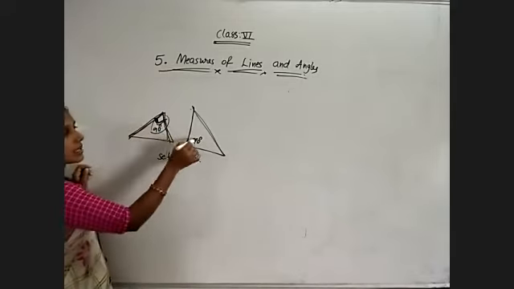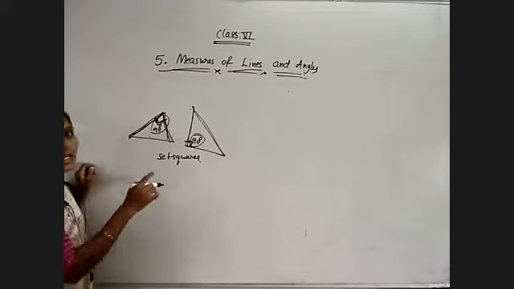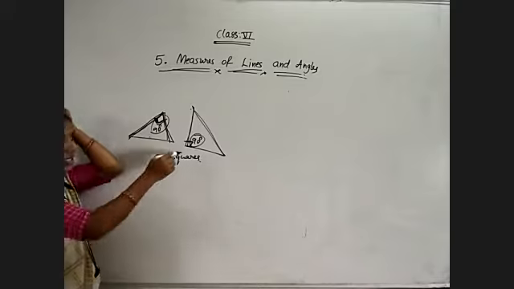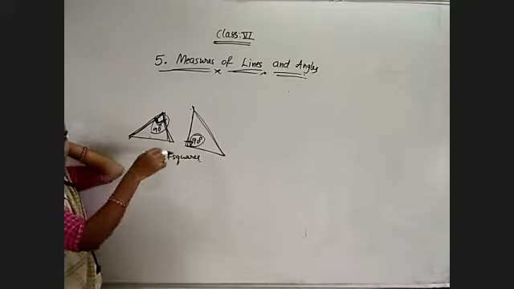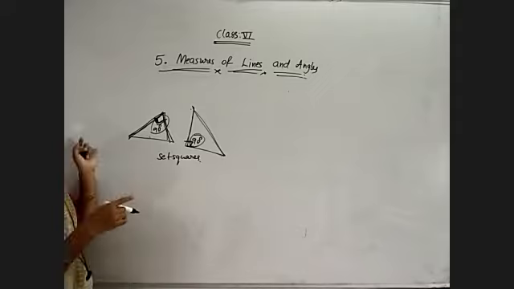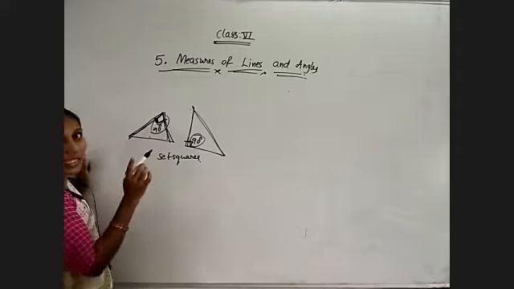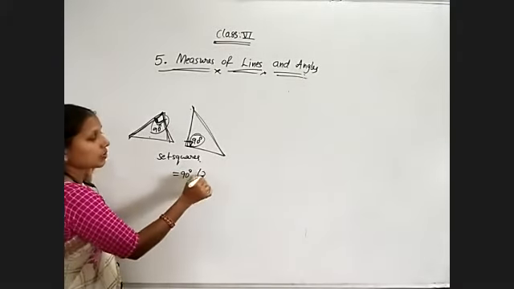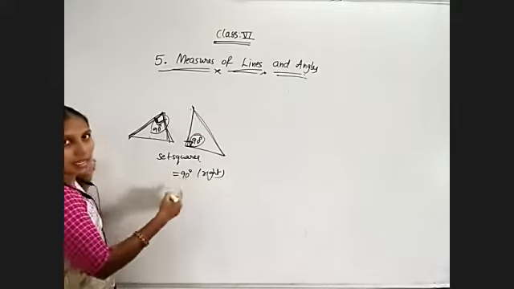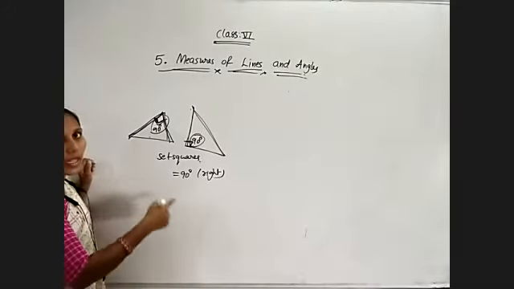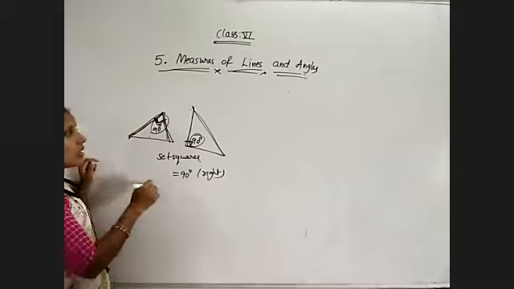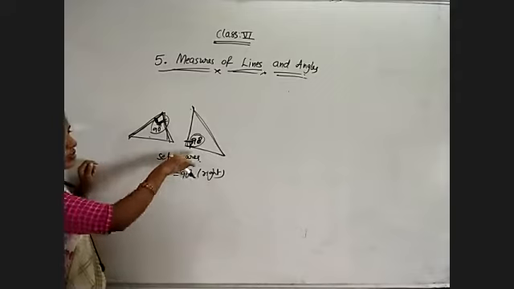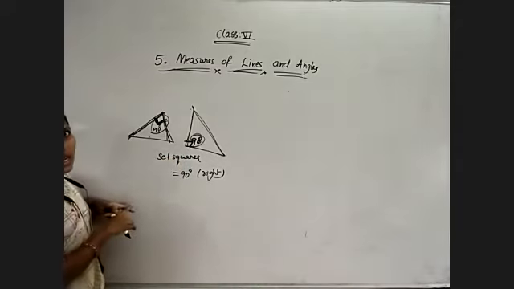One of the angles will compulsorily be equal to 90 degrees. Those two are termed right angle triangles because one of the angles is 90 degrees. That types of triangles we will also discuss later on. Already I told you, when any one of the angles is equal to 90 degrees, that is said to be a right angled triangle. Less than 90, acute angle triangle. More than 90 is obtuse angle triangle. Now, compulsorily for these set squares, you will get one of the angles equal to 90 degrees, meaning those two refer to right angled triangles.